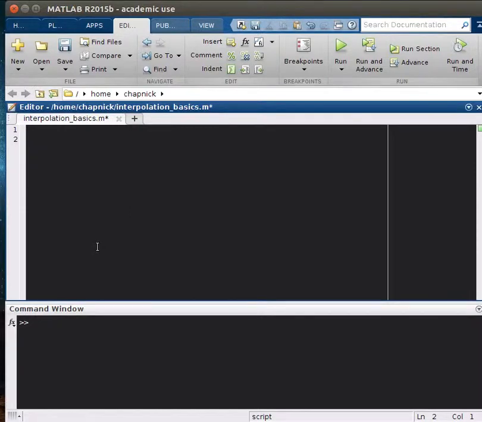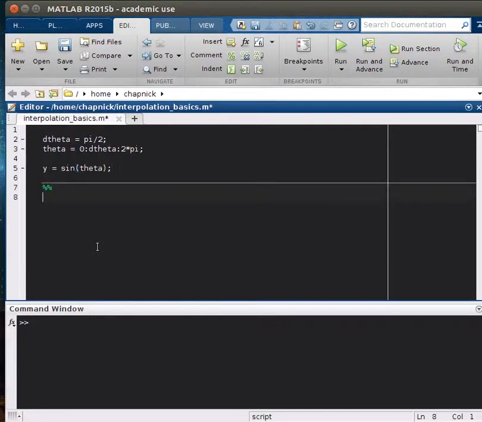Let's start with the original curve. We're going to make d theta equal to pi over 2, and theta is going to be equal to 0 : d theta : 2 pi, and then y = sin(theta). So those are going to give us those sparse data points that we saw, but let's go ahead and take a look. Figure 1, plot theta,